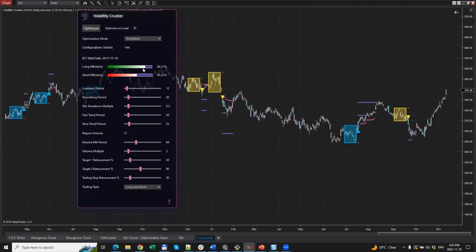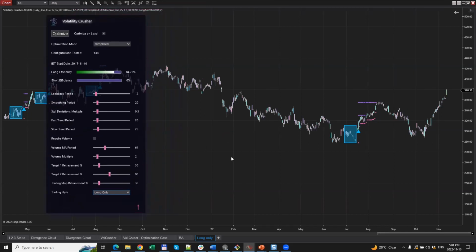I'm only interested in going long for equities. I don't do any short trades. Maybe my account type doesn't even allow it. So in this case, I'm not really interested in what my short efficiency is because I can't trade short anyway. So we built in another parameter, which is called trading style, where you can indicate in which directions you want to trade. By default, it's set to long and short, both directions, but you can set it to long only or short only. Once you do this, let me click long only.